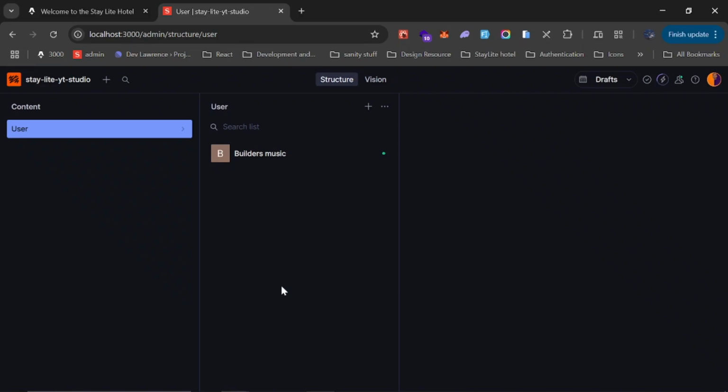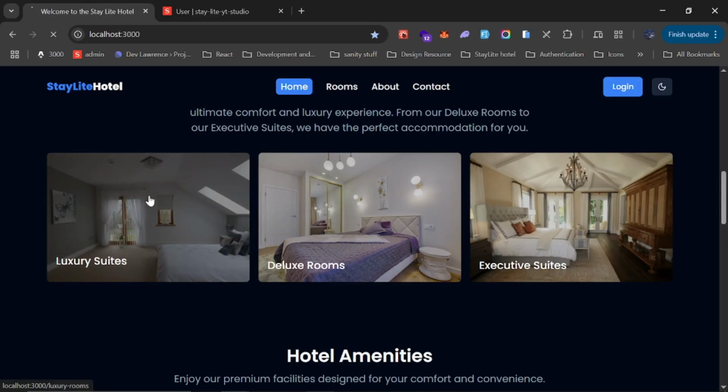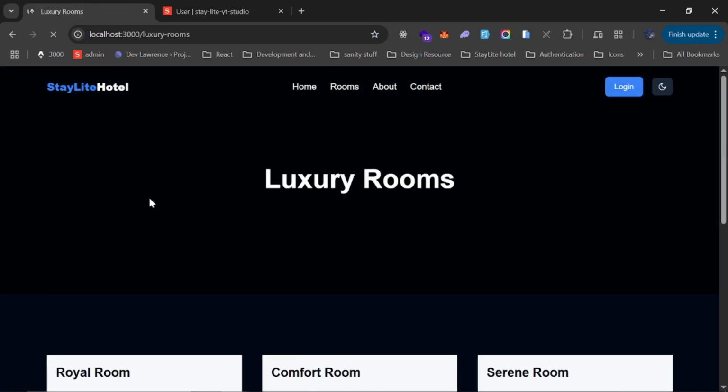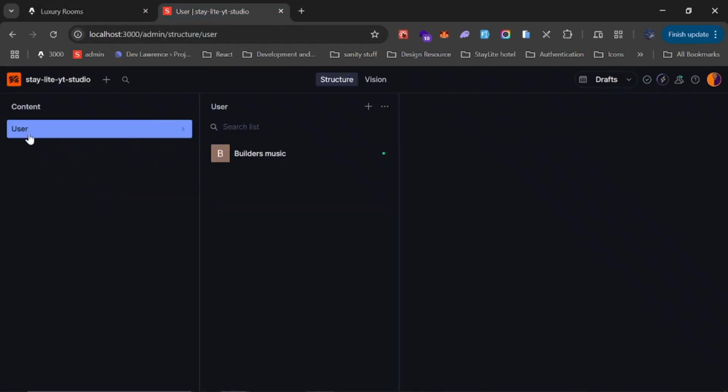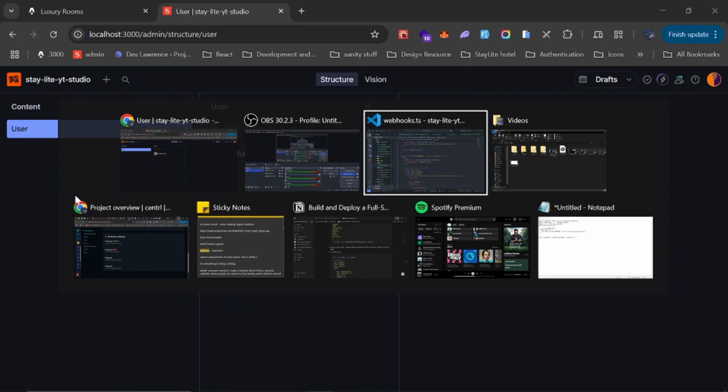Alright guys, so in this episode we are going to be creating the room schema, and we are going to be populating the data and changing it with the constant or the local data that we have for each of these room categories. So right now we just have only the users document. So I'll head back to VS Code